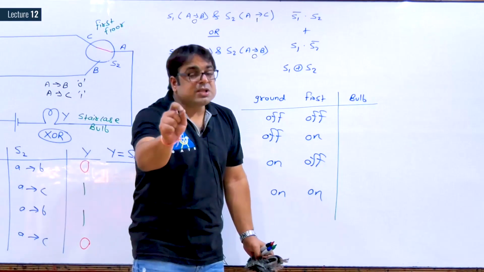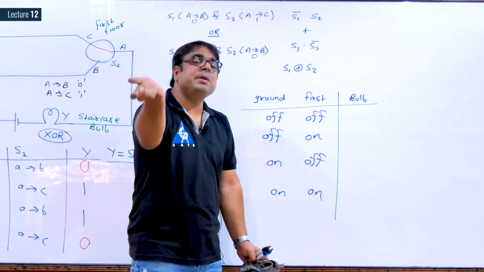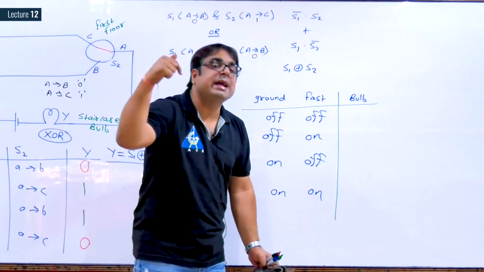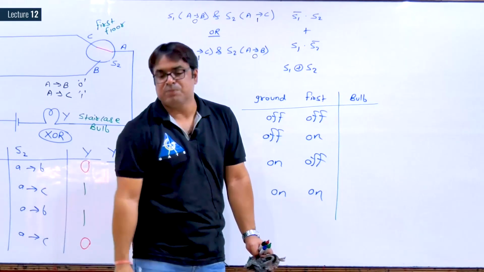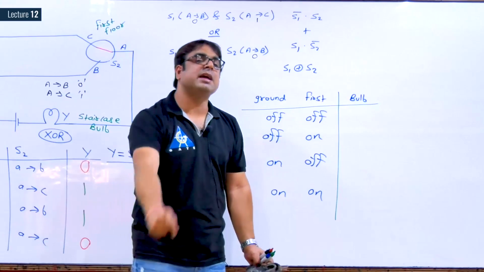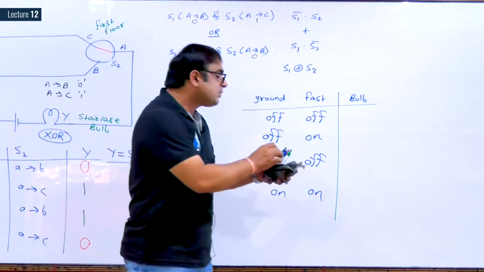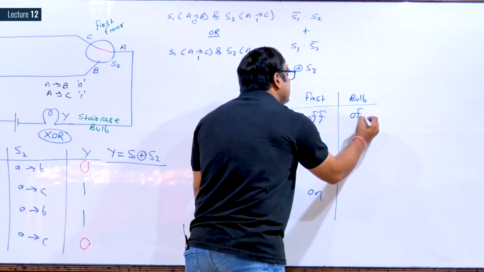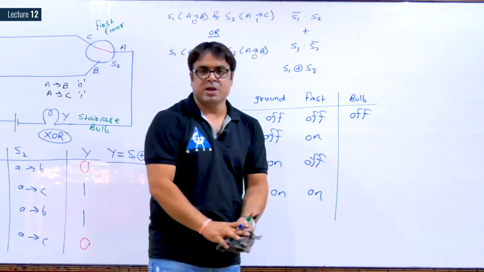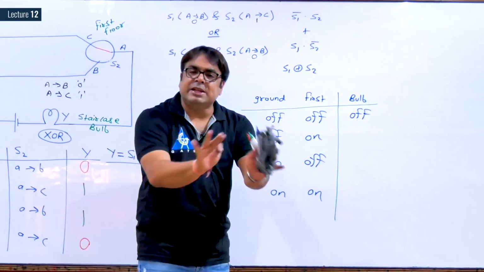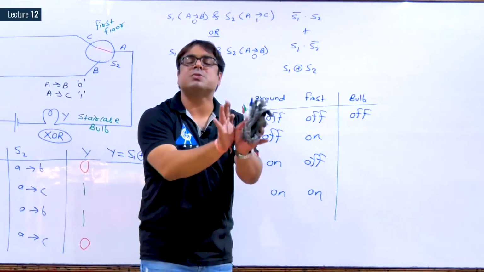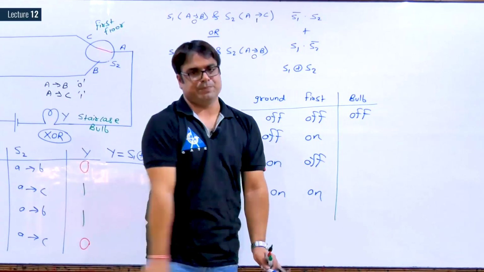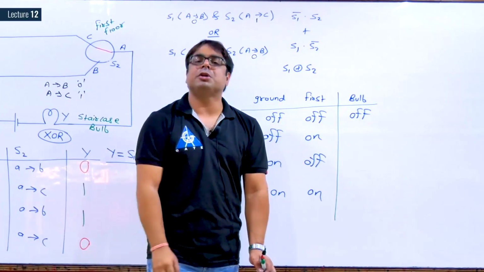Now, the logic we have discussed can be implemented by both XOR and XNOR. But what you actually expect from your electrician in a real-time situation is that if both the switches are off, your bulb should also be off. If you have not put any switch on, meaning both the switches are in the off state, your bulb should not glow.